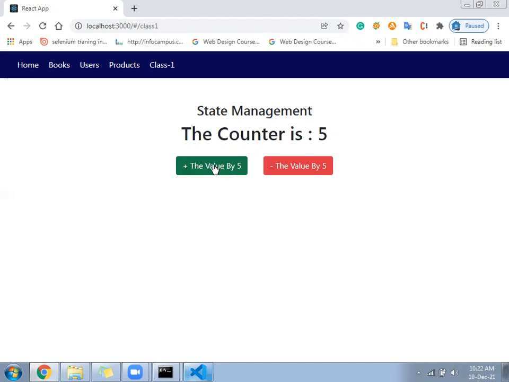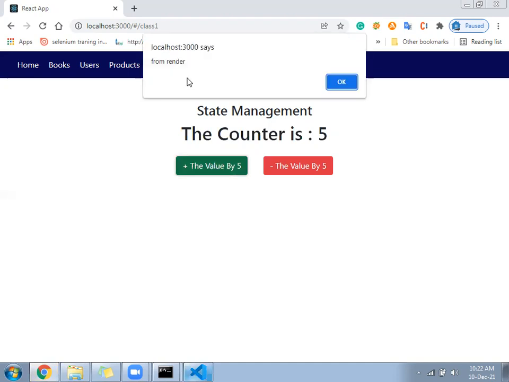See, I click here. Render came first? Render is not coming first. After updating the value, render is called. But once render is called, only then will your output change.